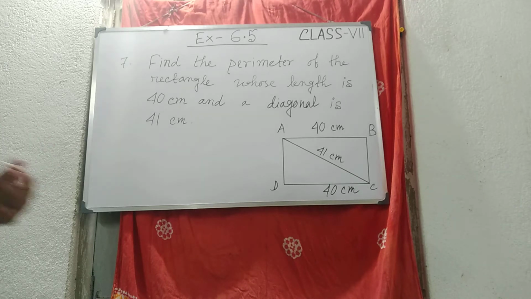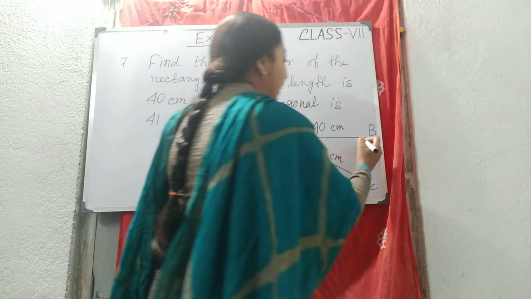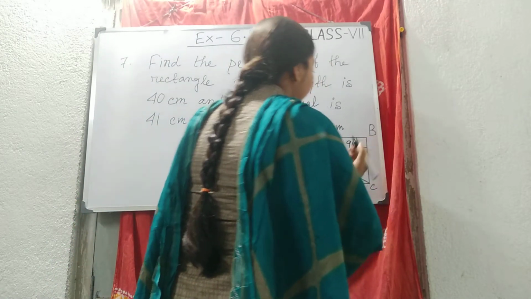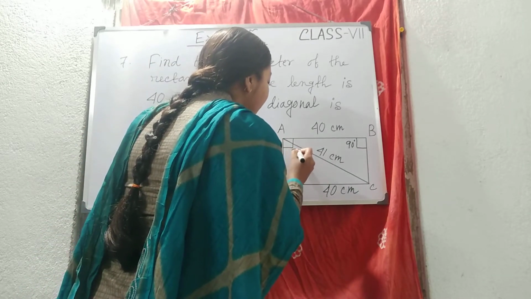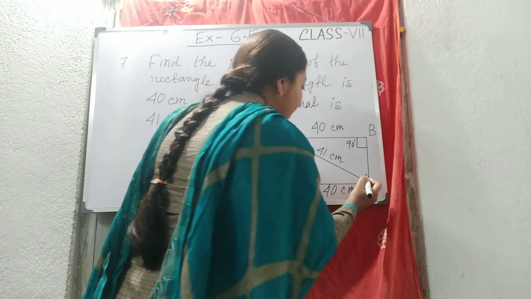Regarding angles, do you know something more about any rectangle? Yes, you are right. For a rectangle, all angles are right angles. Means if we talk about each angle of any rectangle, all angles are right angled. So for this,